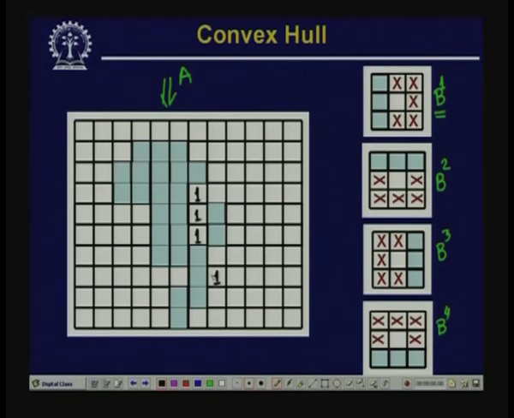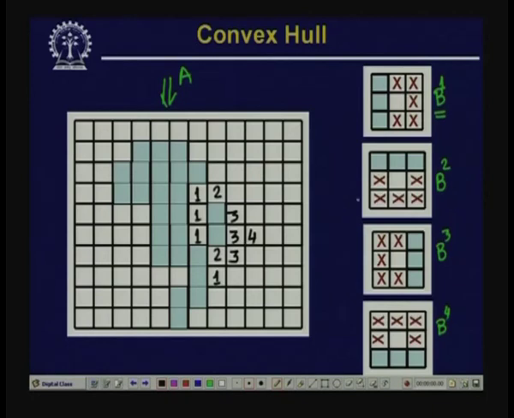So, these are the points which will be filled after the first iteration when I do the hit or miss transform with this particular structuring element B 1. Then at the end of the second iteration, these are the points which are going to be filled up. At the end of the third iteration, you find that these are the points which are going to be filled up. And at the end of the fourth iteration, you find that this is the point which will be filled up. Similarly,